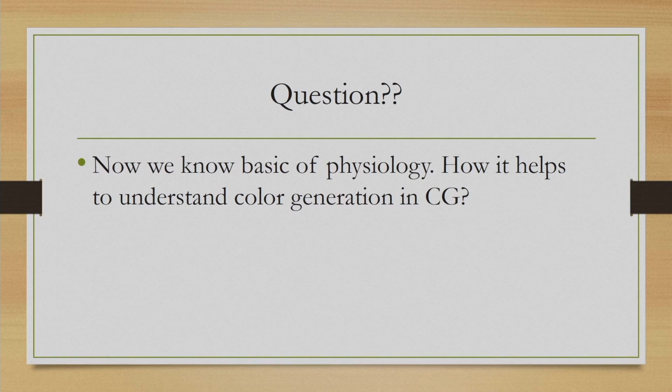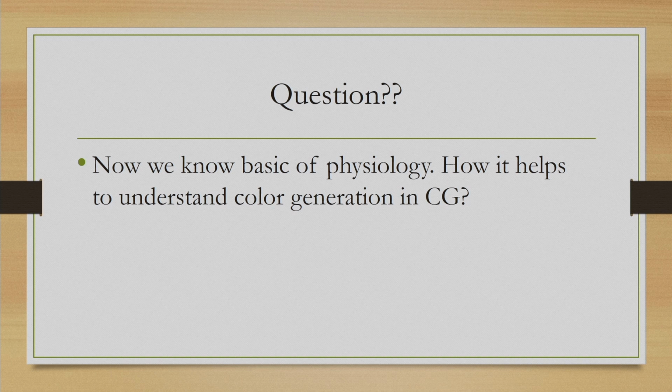So, that is in a nutshell how we perceive color. We have our eye constructed in a particular way, having cone types in the retina, three types of cone. These cone types get stimulated with the frequencies present in the visible light, and then as a result we get to perceive the color. Now, that is the basic theory of how our eyes work and how we get to perceive color.